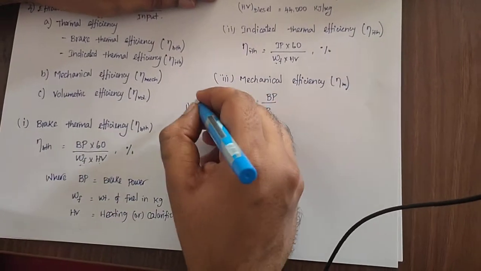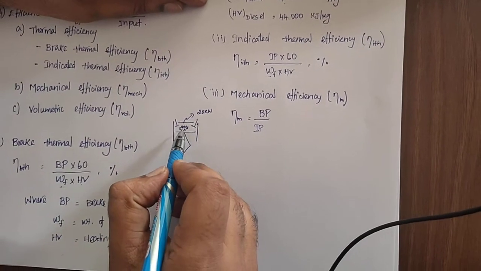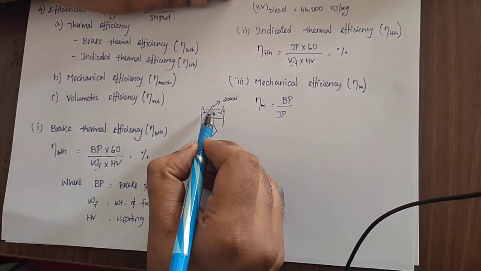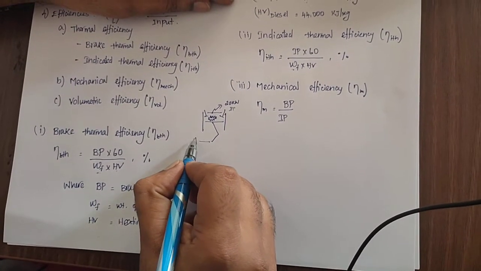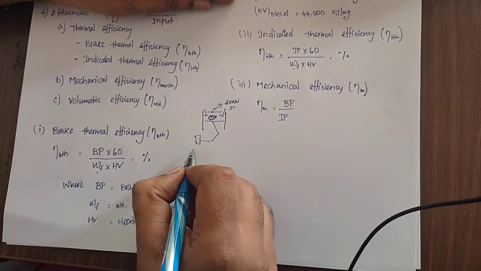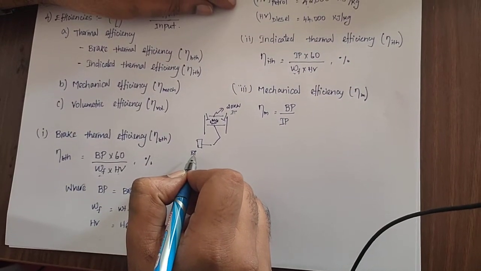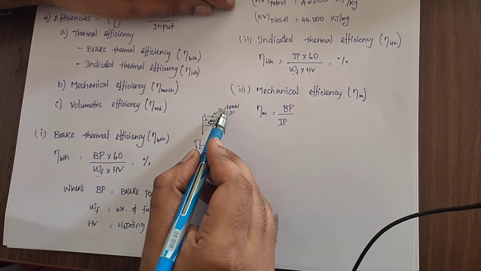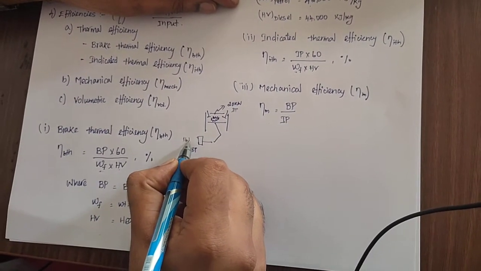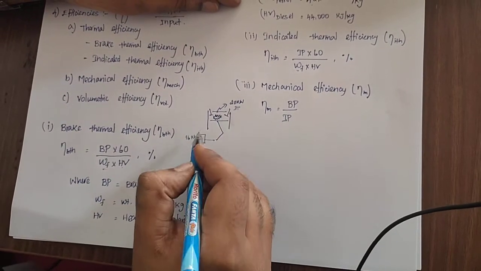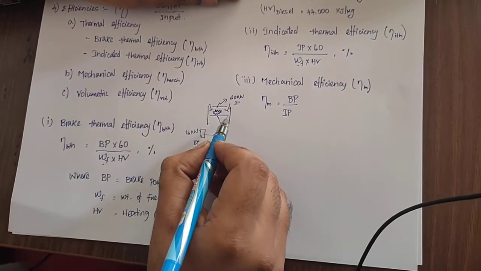During the power stroke, take for example 120 kilowatt power will be released during the combustion. This immediate release of power is called the indicated power. The power that is transmitted to the final shaft is called the brake power. Brake power is also called output power, or shaft power. So this 20 kilowatt power will not be transmitted to the output shaft. For example, only 16 or 15 kilowatt, something lesser than 20 kilowatt, will be transmitted to the output shaft, because the remaining power will be lost due to friction.